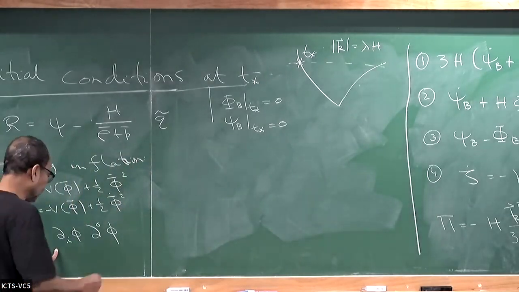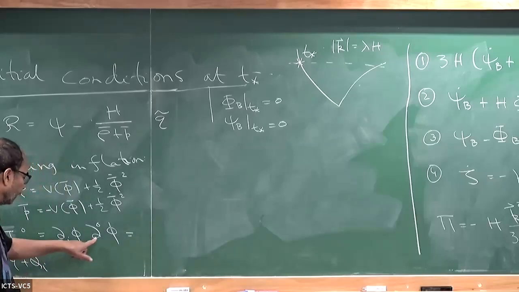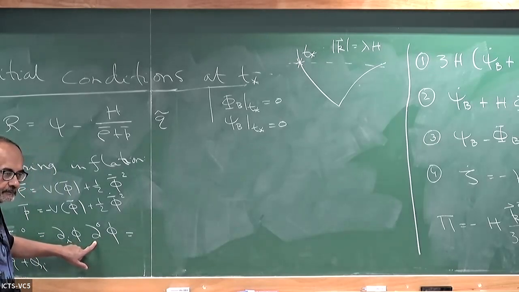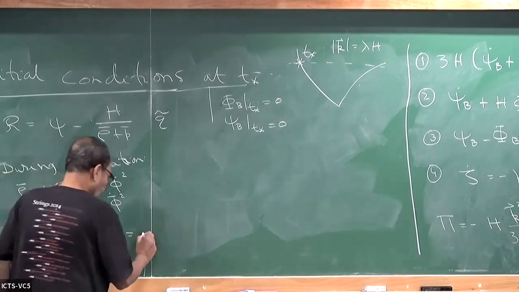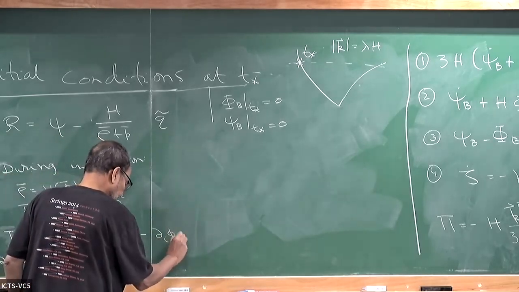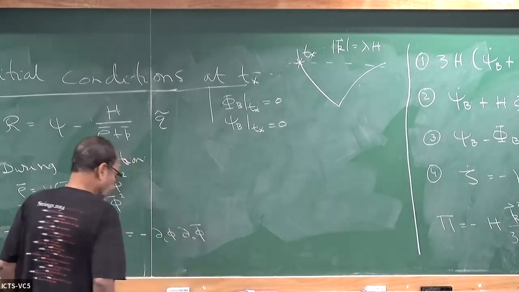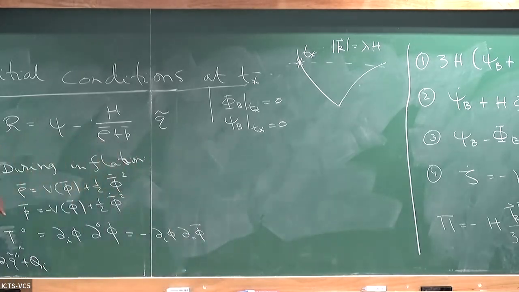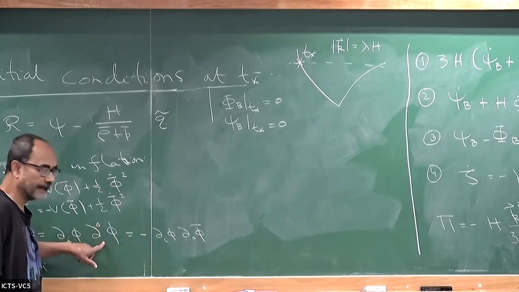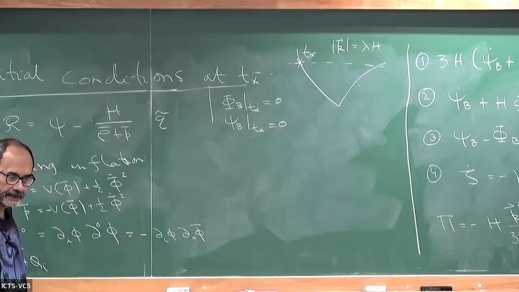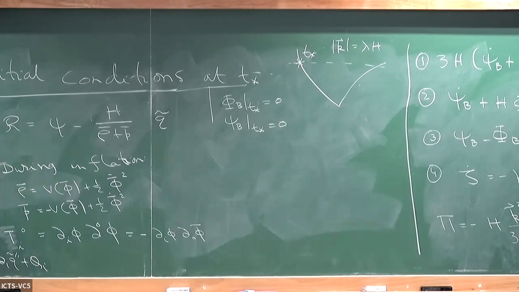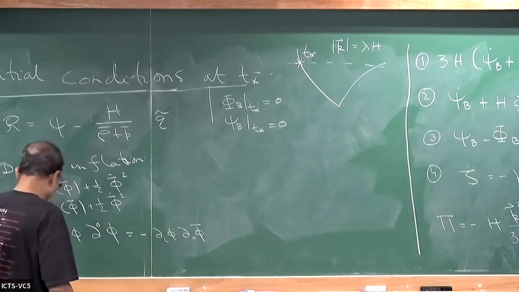Since I'm working to first order in fluctuation, here I have to pick the background, and the background doesn't depend on the space coordinate. So for del_i phi, I have to pick the fluctuation. So this is minus. Why minus? Because you have to lower the 0 index from above, and that lowering can be done with the background metric. G00 is just -1 in the background. So it's minus this. So this tells us that Q tilde